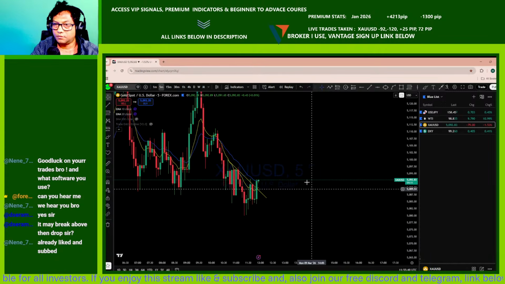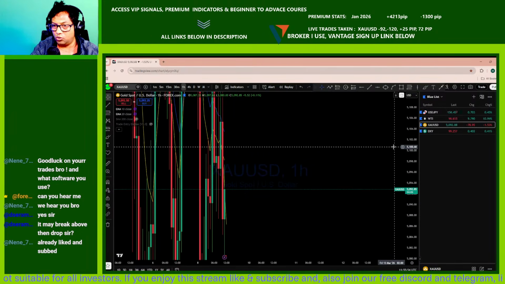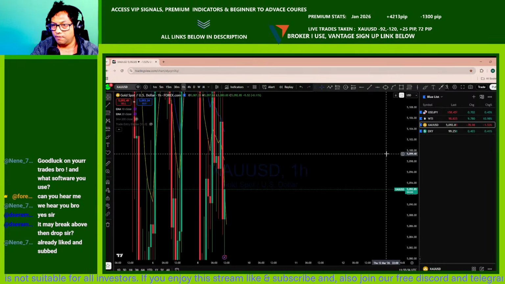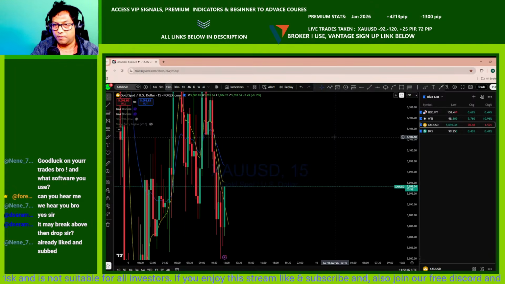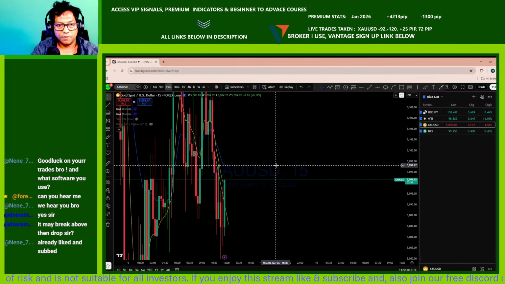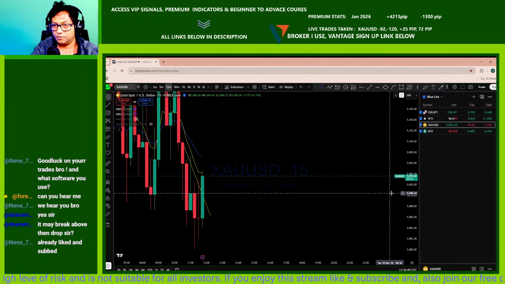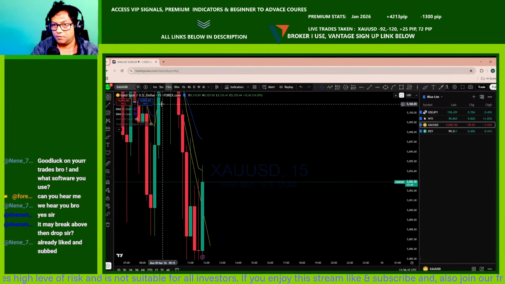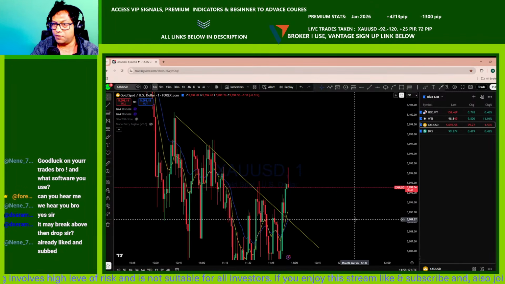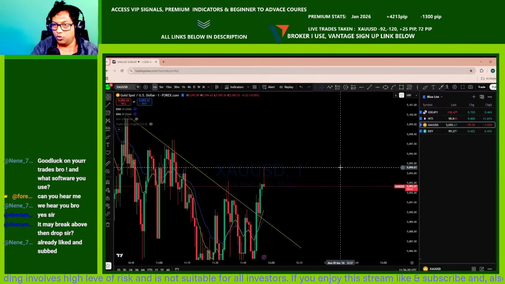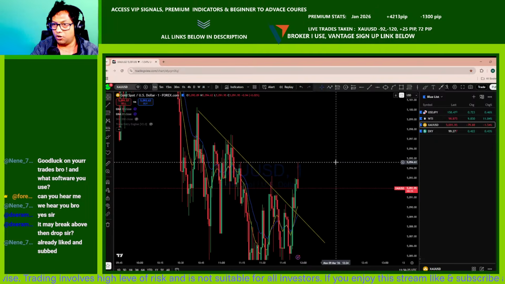Now, for us to be able to look for an entry, we see that there is a 1 hour candle close coming from this support and the 15 minutes. Okay, so this is the 1 minute price action. This is a very high liquidity zone from this top. And with this break of this high,